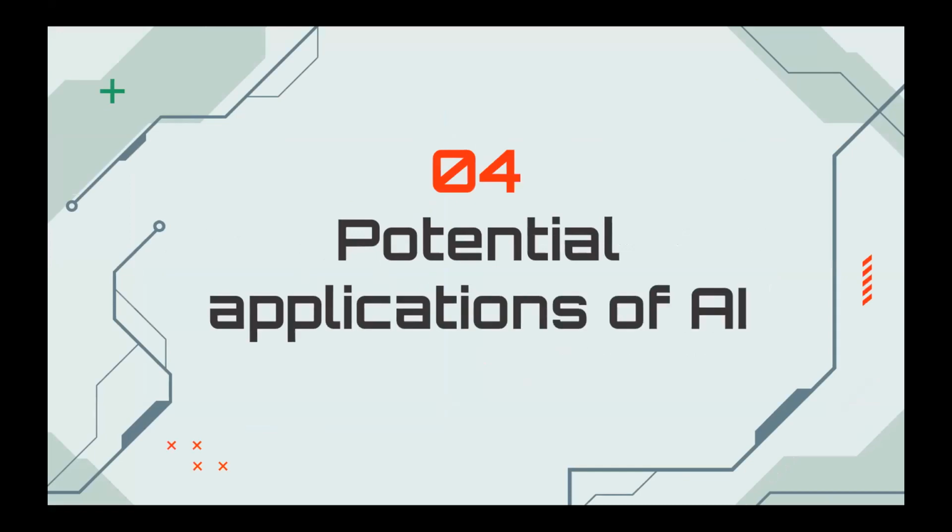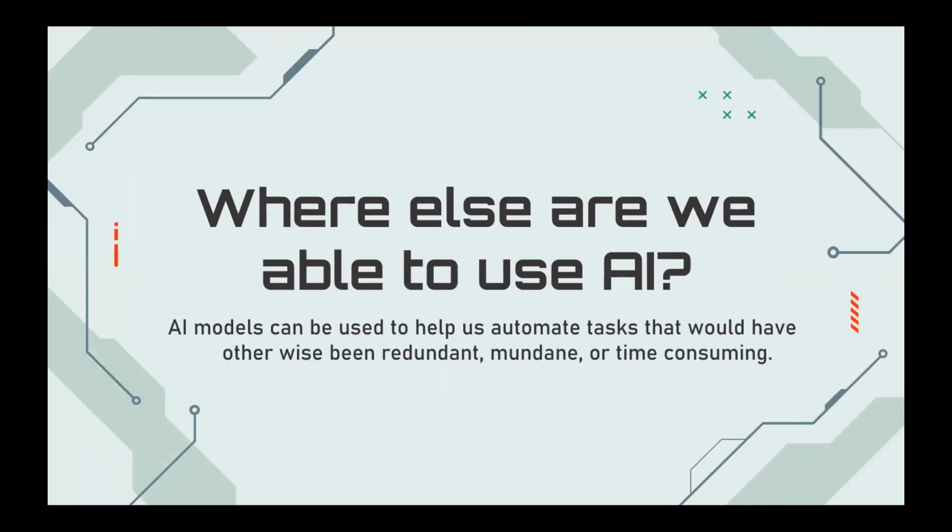And finally, for our last section, I'll be discussing some potential applications of AI. Where else might you think we can use AI? I personally believe that AI models can help us automate tasks that are mundane or redundant or time-consuming or take a lot of effort. It will help us save a lot of time. It will help us approach our experiments and our studies with more confidence,